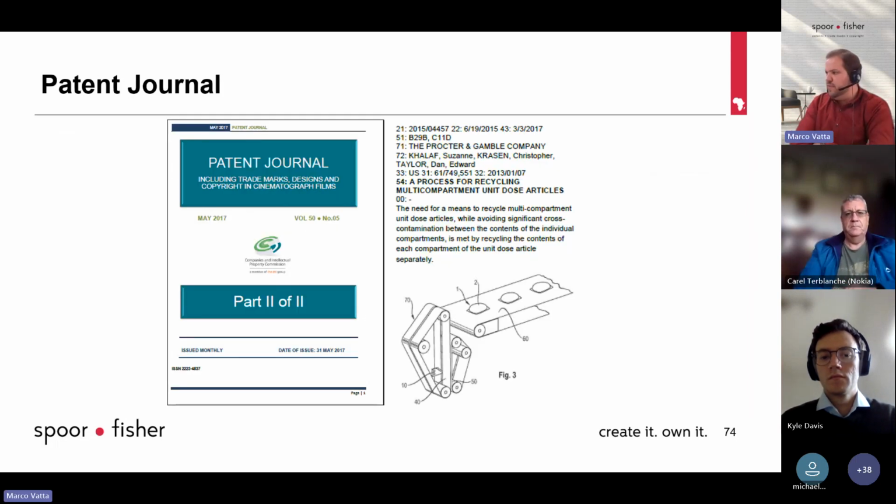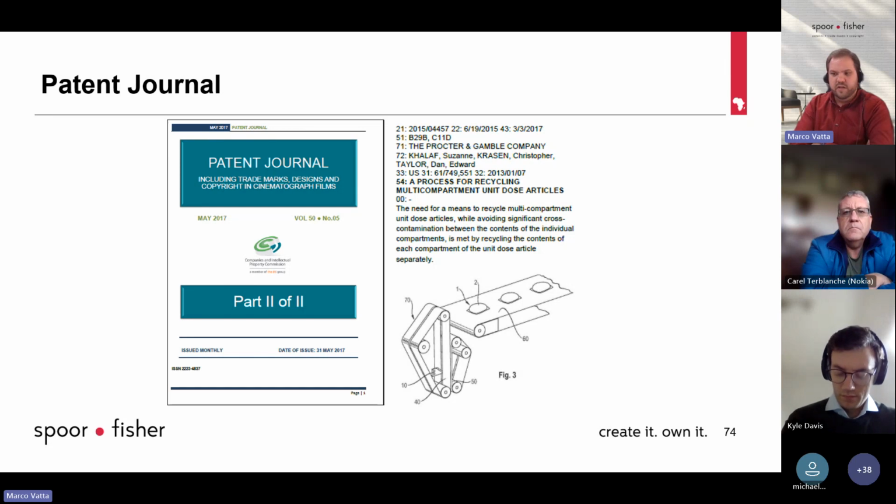And then this is basically just an example of the electronically issued Patent Journal. The image on the left is the cover page of the Patent Journal, and then on the right you can see the details of the granted patent. This is the acceptance that's then published in the Patent Journal, and which seals the date of grant. So this patent,